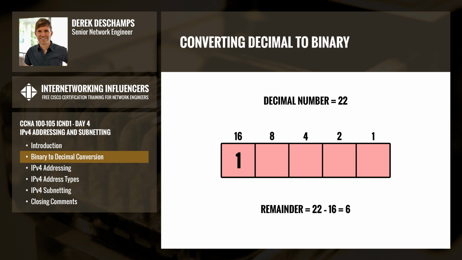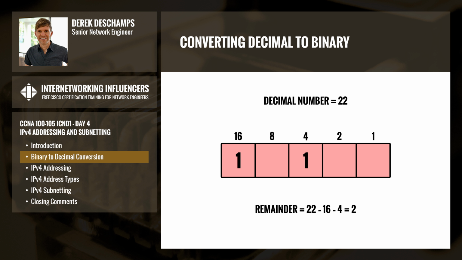leaving us with 6. We continue moving from left to right, looking for the next position value that is less than or equal to our new remainder of 6. In this case, it's 4. So we place a 1 in the position with a value of 4 and subtract its value from our remainder,